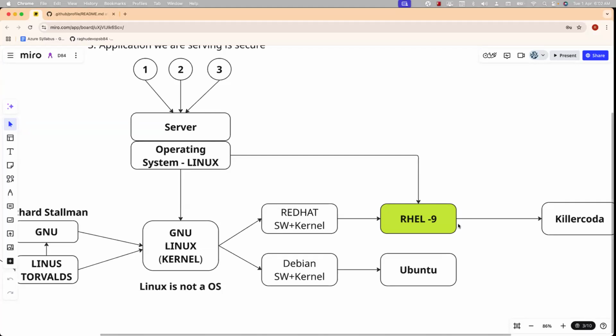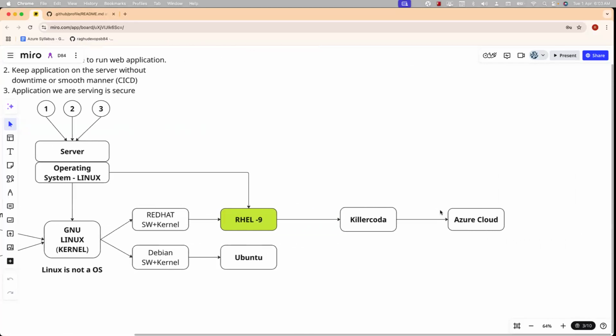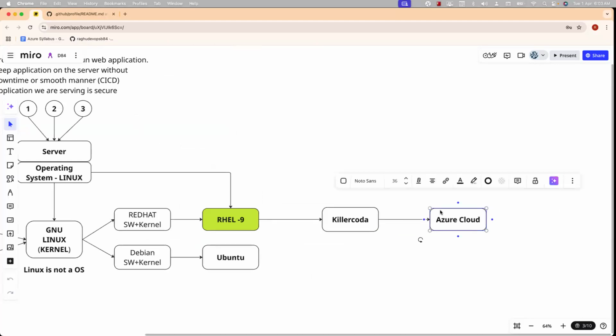And from there, we wanted to practice this particular RHEL 9. So we don't want our desktops to be running with RHEL 9 and all. So that standard practice, we don't want to take. We wanted to run everything on the cloud, but you need to take up a sign up of Azure cloud and all. Okay. So that is where we wanted,